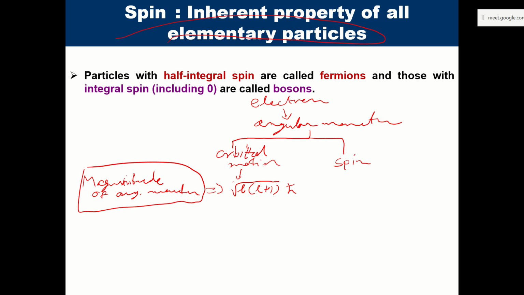Due to the spin also you have angular momentum, so the magnitude will be given by the spin quantum number s, which for an electron is fixed. So any particle has a fixed spin quantum number value, whereas l is variable: 0, 1, 2, 3. This is variable but this is fixed. So this is giving you the magnitude. Again the magnitude will be given by